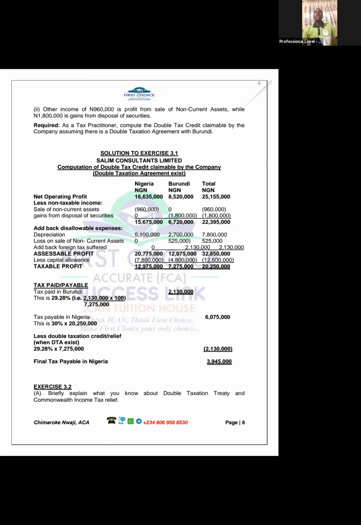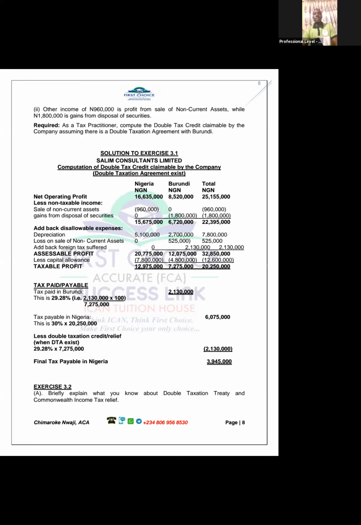Now, let's assume that we have 10 branches and Nigeria is the parent. Nigeria and 9 other countries. You are going to do the tax paid in all the 9, but you will not do for Nigeria. This is because that total column is Nigeria. So everything for Nigeria ends, Nigeria alone ends at total profits.